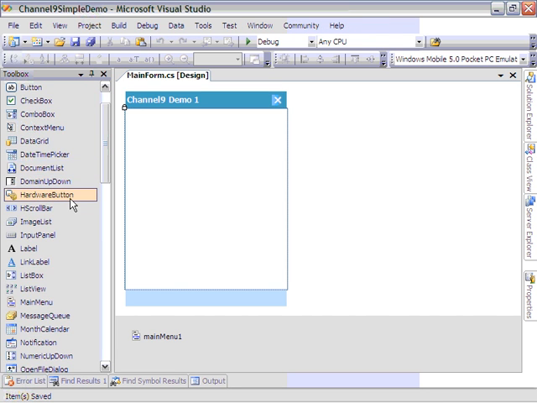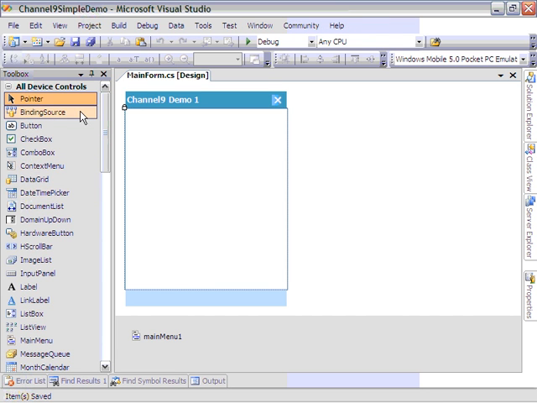And I'm going to go down here in the toolbox, and this is kind of fun. We get to see what kind of controls are available to us. As you can see, we have a way of providing a binding source here for our application if we want it. We have a button control, of course, although believe it or not, you will not be using these very often, especially if you are in the Windows Mobile 5.0 world. In fact, we're really trying to discourage people from using these,